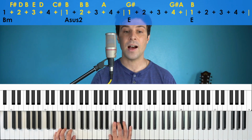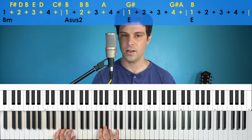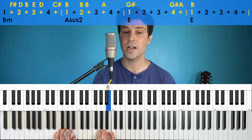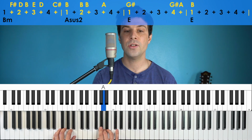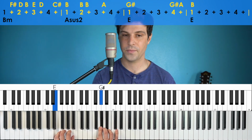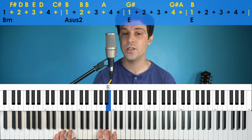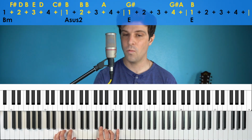Okay, now we're gonna move our right hand for the rest of this. We can just kind of hop our 4th finger to B. Notice that after the B that we've done, there are 2 more Bs, and we're gonna do those on our 4th finger. B, B, A, G sharp, and the G sharp lines up with the E there. Rhythm on those notes in the new position are gonna be 1 and 2 and 3 and 4 and 1,